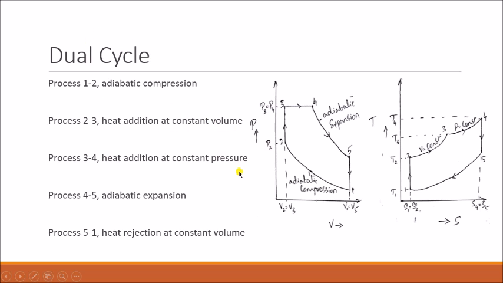So this is regarding the chapter thermodynamic cycle. In this we have covered the introduction to cycle, what we mean by reversible and irreversible cycle, and what the assumptions made in these cycles are. And then we have seen the Carnot cycle, Otto cycle, diesel cycle, and dual cycle explanations.